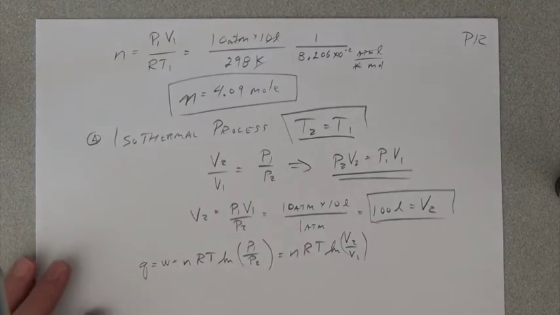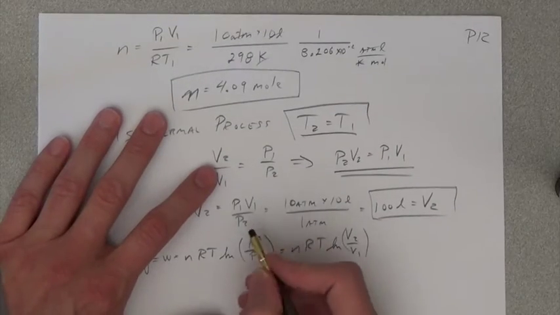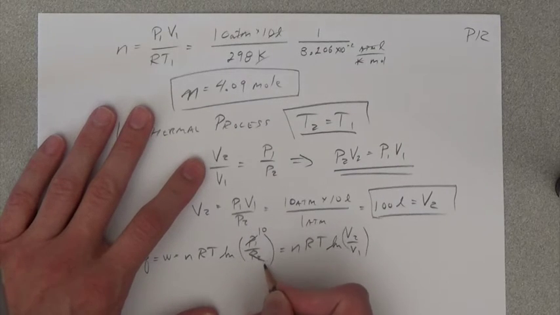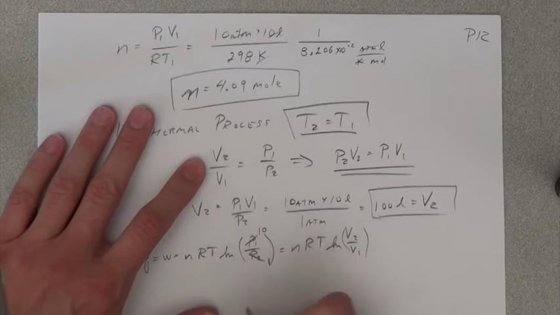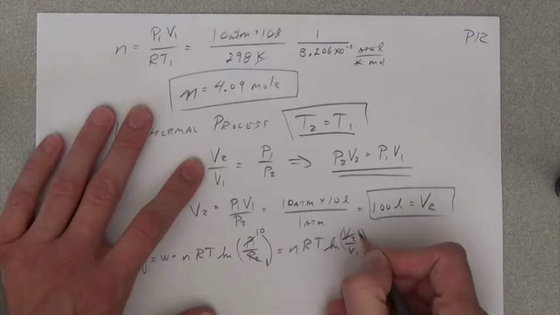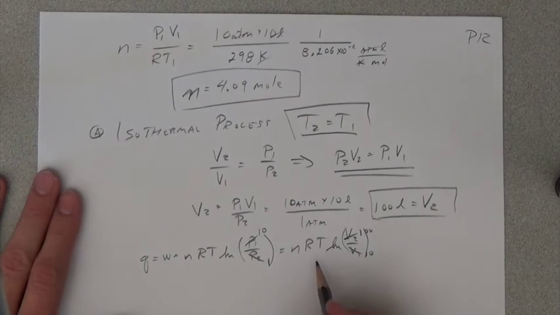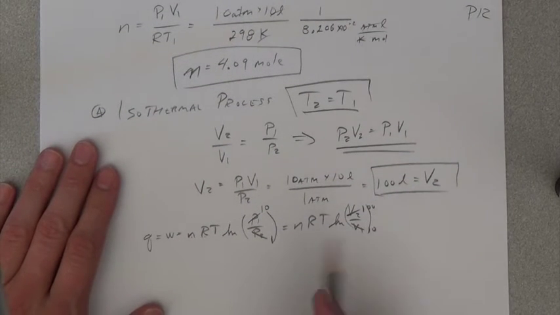Right? So if you want to, you can put in 10 and 1, or you can put in 1 and 10, but it's the same problem, right? Because nRT is the same on both sides, and ultimately we get